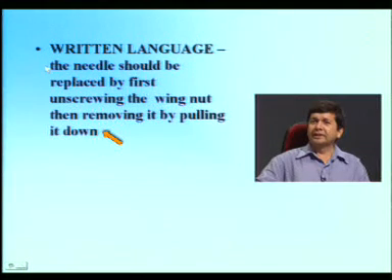Written language. This is just an example of what is a written language. Say when we read in a manual or a book, the needle should be replaced by first unscrewing the wing nut and then removing it by pulling it down. This is a language good for book. Okay. But if this action is taking place for a video in a lab,